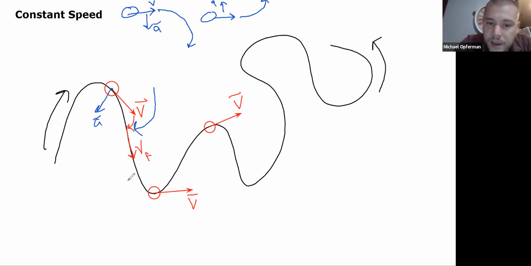Likewise, for the second case here, the velocity vector is pointing to the right. If I look a little bit later in the path, the velocity vector is now going up and right. So it went from right to up and right, which means it got pulled upwards. It got pulled upwards by an acceleration vector which was pointed upwards. So the acceleration would be like that. And again, up here, we would have an acceleration vector pointing like this